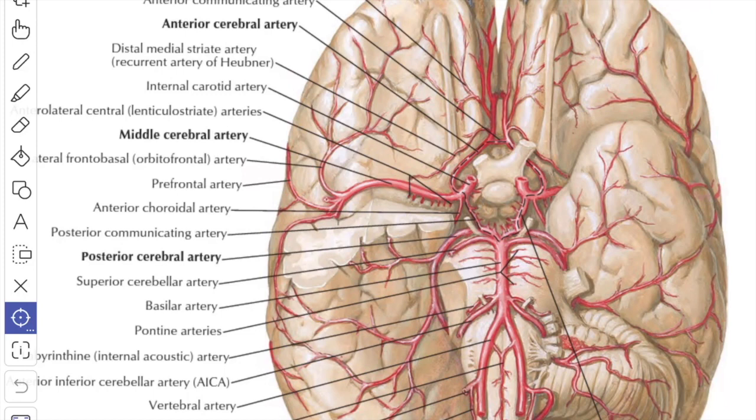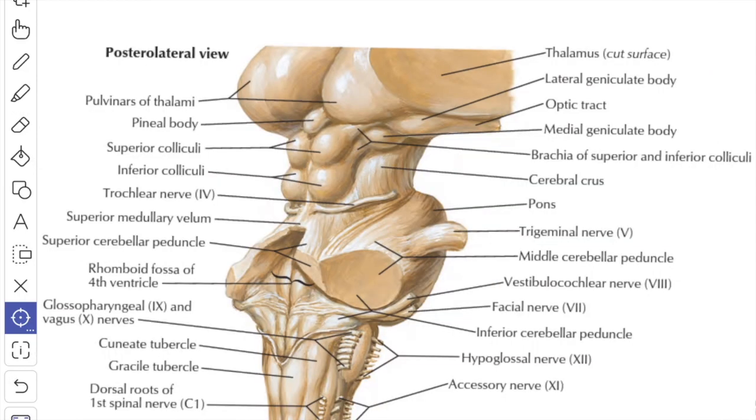In this picture you can see the cerebral peduncle is crossed from above downwards by the optic tract, then the posterior cerebral artery, then the superior cerebellar artery. In between these two you get the oculomotor nerve and the trochlear nerve. Next we'll see about the dorsal surface of the midbrain.